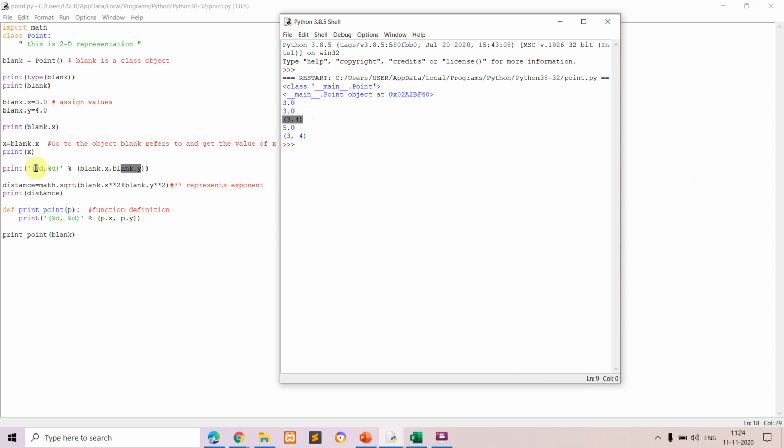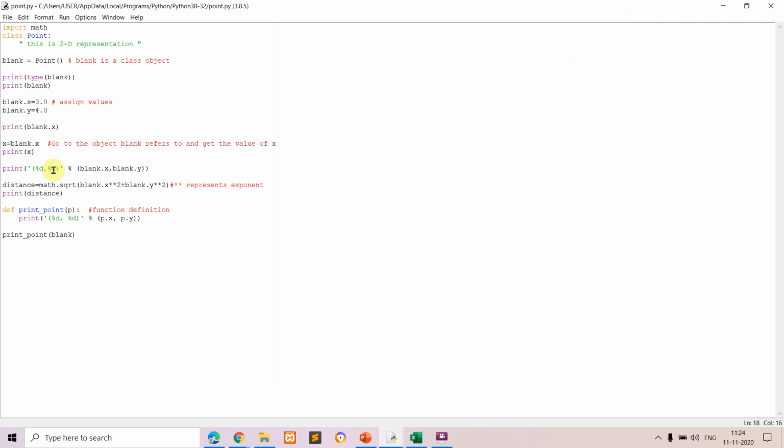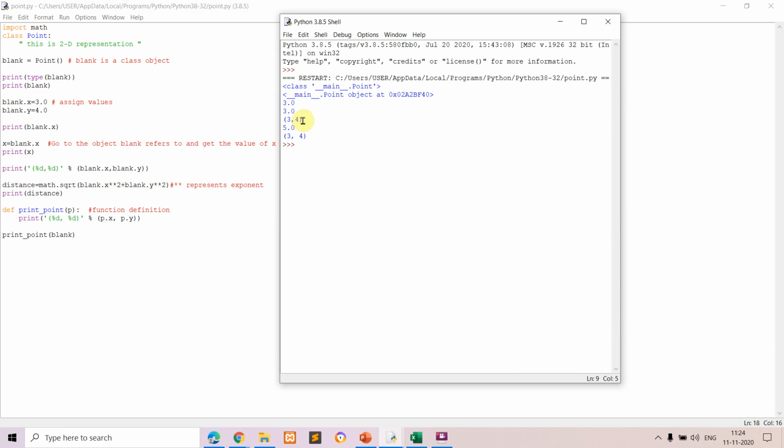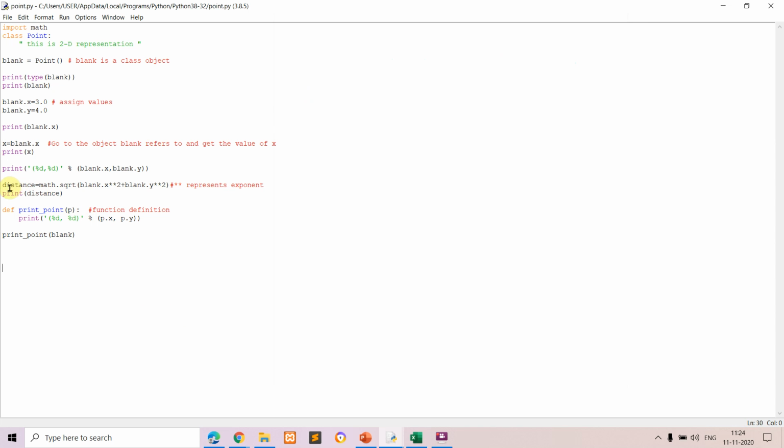That is nothing but you are telling in the integer format you printed blank of x and blank of y. Blank of x you gave the value as 3.0, dot y you have given as 4.0. While printing, you print it as an integer value, that is 3 and 4. That is the next output you got. You got the answer as 3 and 4. Okay. Now the next step you are doing here,